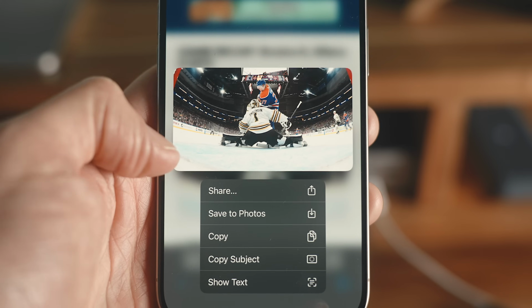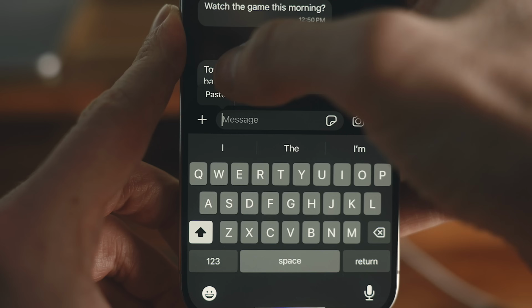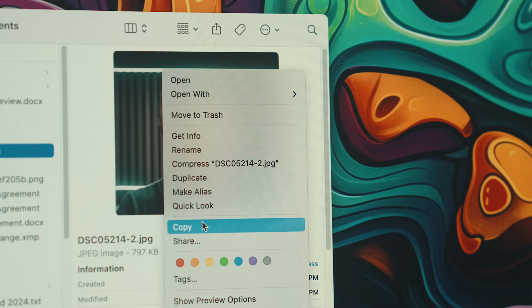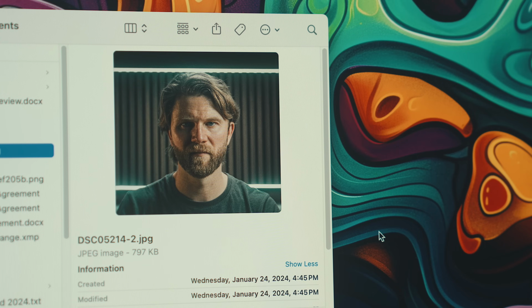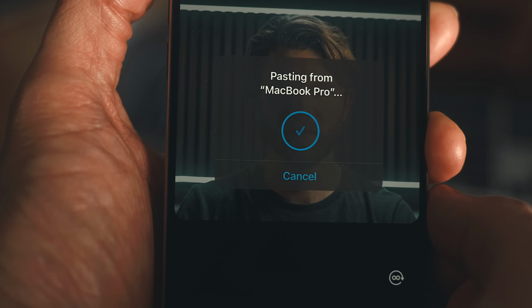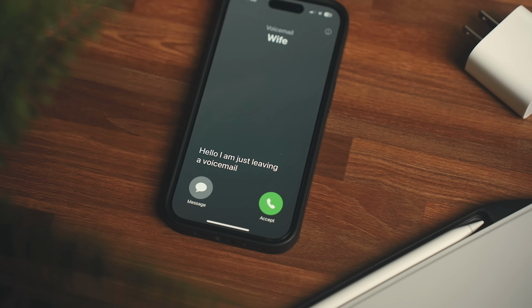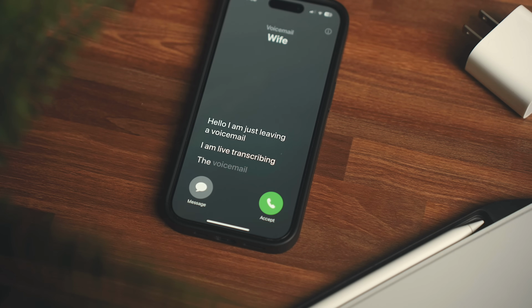But what I love about iOS is I can easily copy and paste images, and I have universal clipboard, so I can copy and paste to and from my Mac or my iPad without having to set anything up. Granted, Samsung is getting a lot better expanding its clipboard functionality, but it's still not quite on the same level. And there are some other things missing in the OS, like live voicemail, that I really like on iOS with